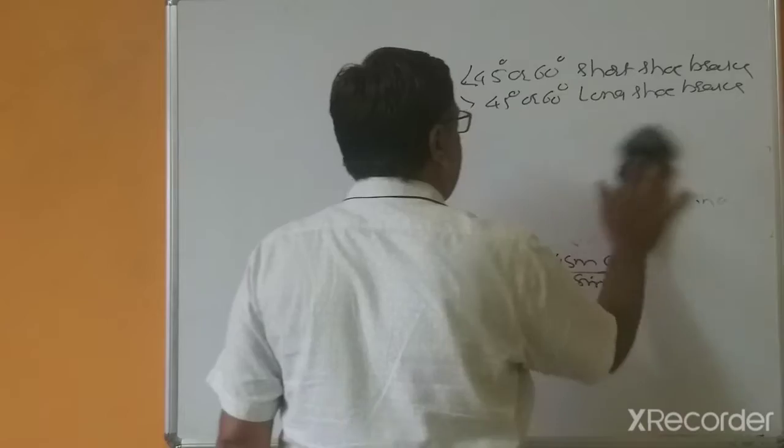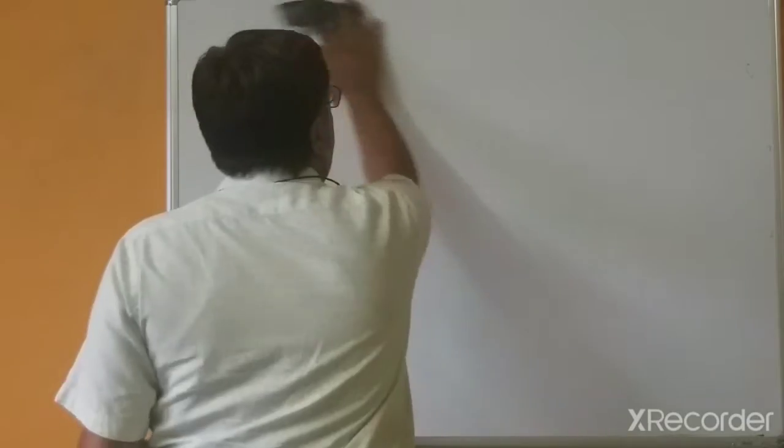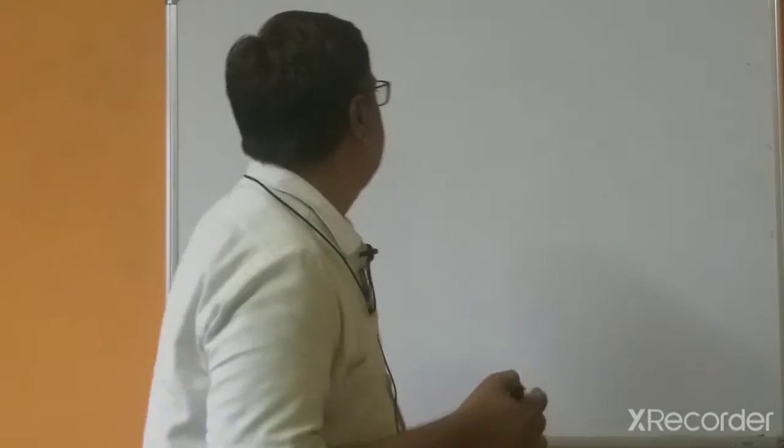A short shoe brake means the angle subtended by the shoe is less than 45 or 60 degrees, and if the angle is more, it is a long shoe brake. Different books give different values: I consider theta equal to 45 degrees as given in Bhandari, but Airoli gives 60 degrees. So that is the issue. How much angle should be considered? During design, that value may be given in the design data book.